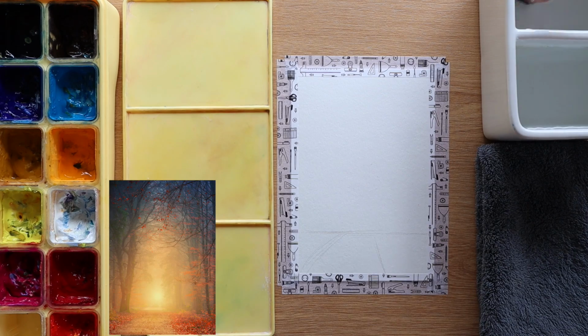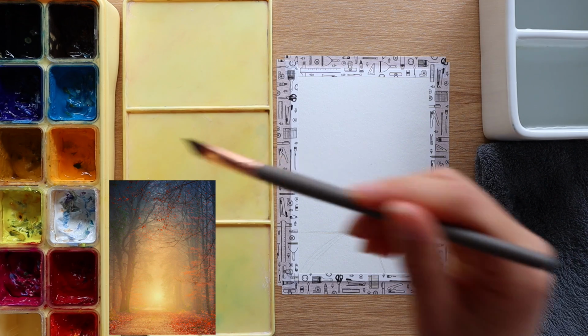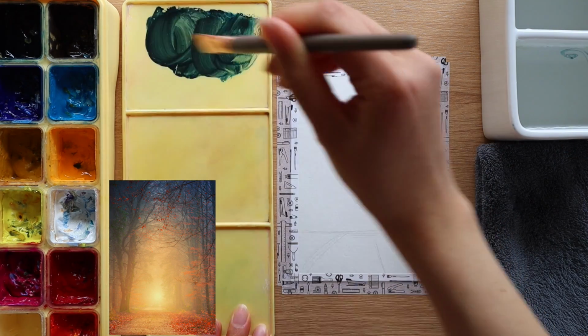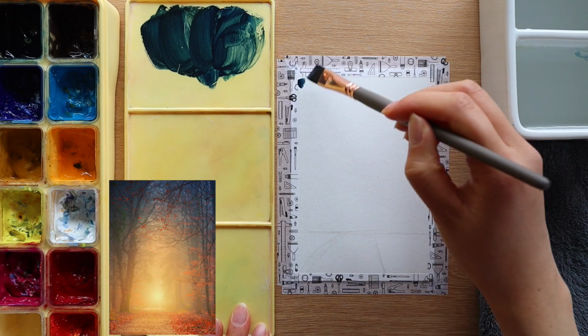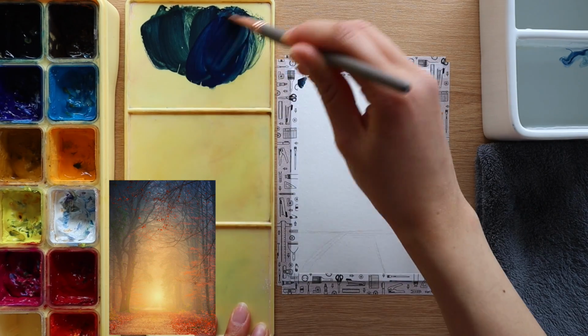To get started with this painting, we're just going to start with our flat brush, and before this I've just placed in a few lines just for the ground and the path. So using the flat brush, we're going to paint in the background color. I'm going to start by mixing some ultramarine blue and burnt umber. You can also mix in a little bit of black if you want to make the color a bit darker,